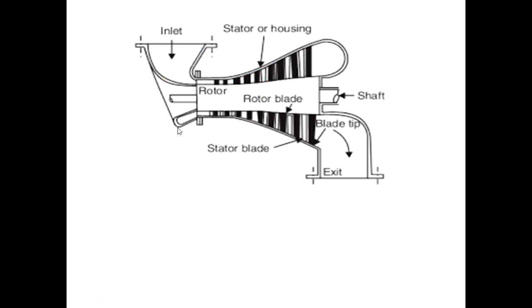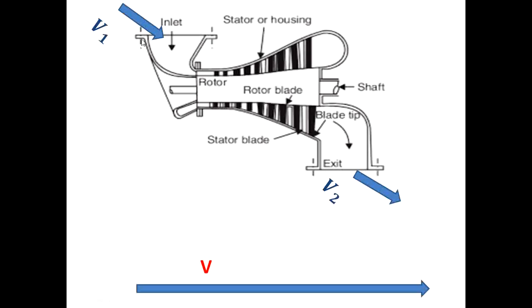See, this is the general sketch of your turbo machine. Either it may be work absorbing or work developing. The fluid will be inlet here, fluid will be outlet here. So it will be fixed to the earth. Am I correct? Earth, ground. Therefore the velocity at which the fluid particle approaches the turbine. Anyhow turbine will play with what? Fluid only. In the basic definition itself you come to know: rotating elements and dynamic fluid. Therefore V1 is absolute with the machine. V2 exit is absolute with the machine.